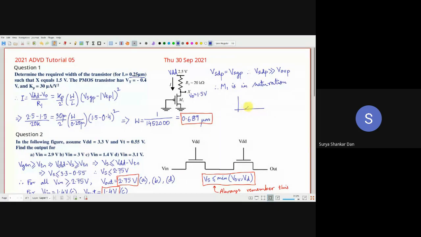But you must always remember that whenever we are saying this is ID and this is VGS, and there is no current, this is in the linear scale. This is very, very important for you to understand. This is the linear scale. The same thing, if you put it in the log scale, this is ID in the log scale, and the same VGS. What you will notice is until this VT,